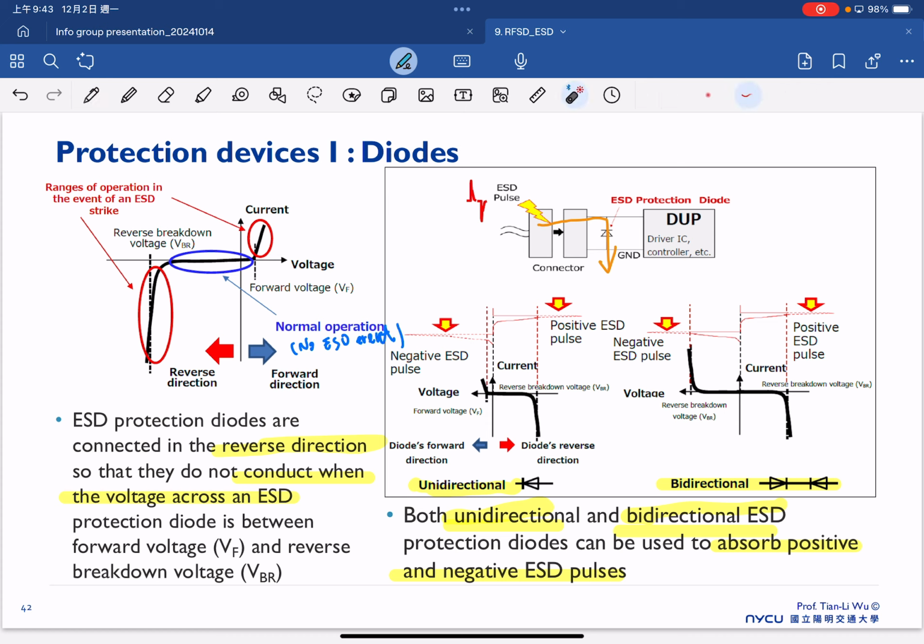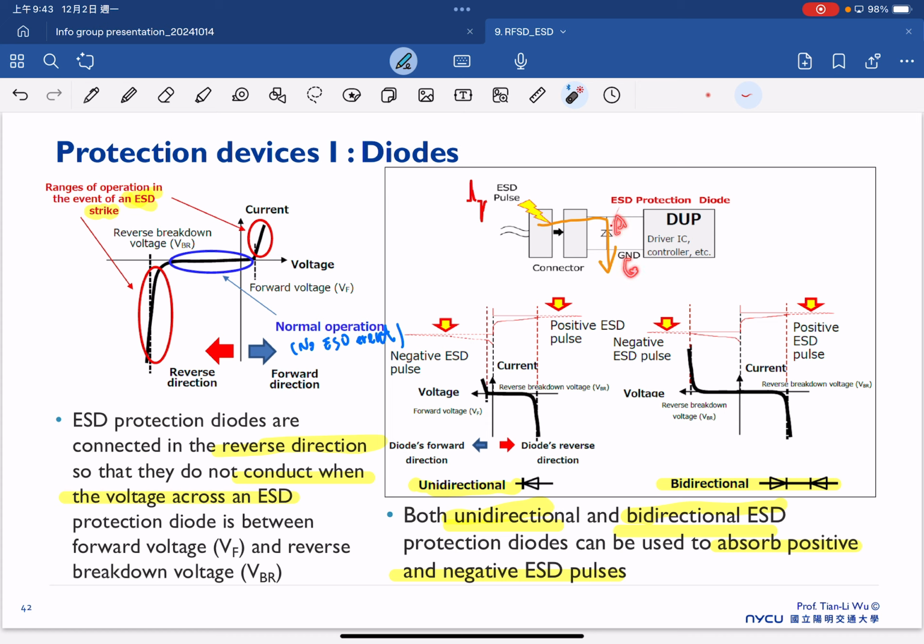But once the ESD strike has happened, as already said, we hope the diode can be operated on one side here or the other side here, and that gives us a chance for the current to be quickly shunted away, just like in this case. So once we have ESD pulses here, the huge ESD pulse will cause this diode to operate in the reverse state,